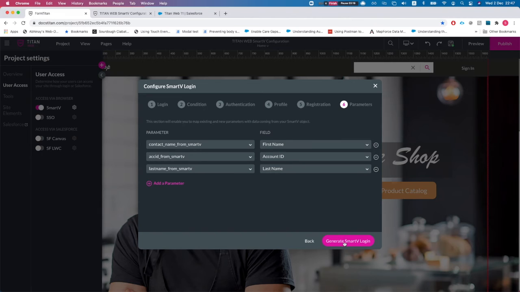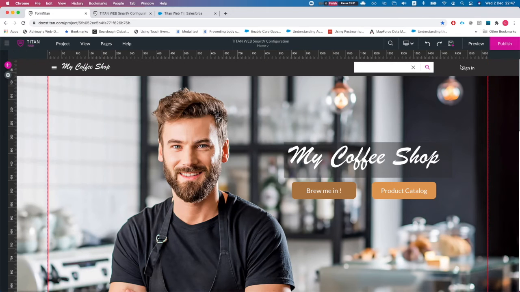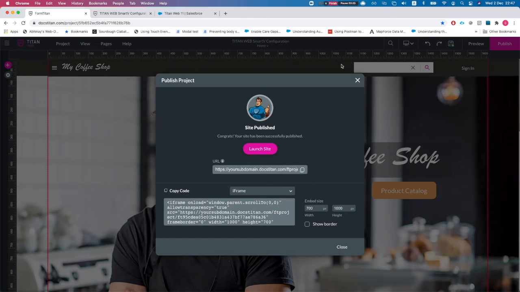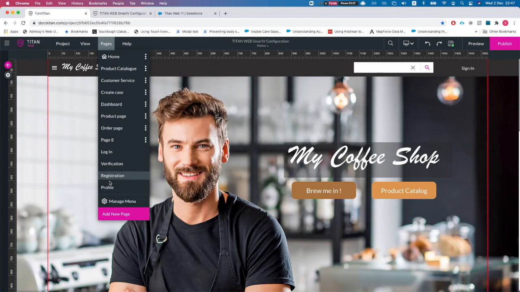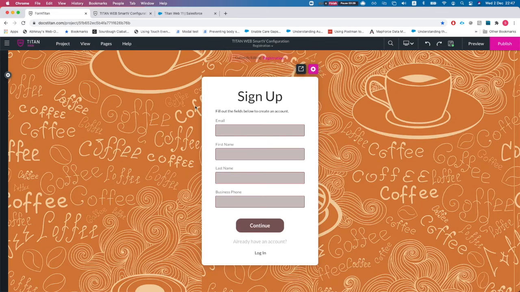All right, let's hit next, generate Smart V. I'll hit publish. And before we go there to the published site, you can see that the registration page was added, and once you click on it, you can completely configure the way this looks. Alright, so let's head over to the published site,